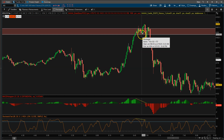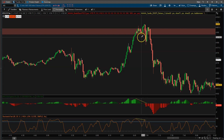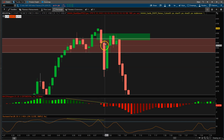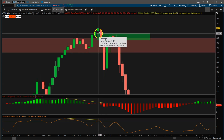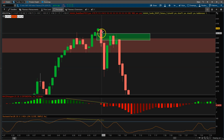So once we identify the market structure shift, okay, here with the displacement candle, we now want to watch for a kickback. Well, where could the kickback go? Well, this is where we now look at fair value gaps. It's a 3-candle pattern. Usually you'll have a small candle, a big candle, and then another candle. It could be small or it could be big like this. But the fair value gap is the space between the first candle's low and the third candle's high. So we could see this low,